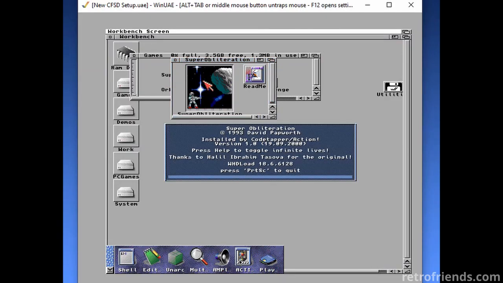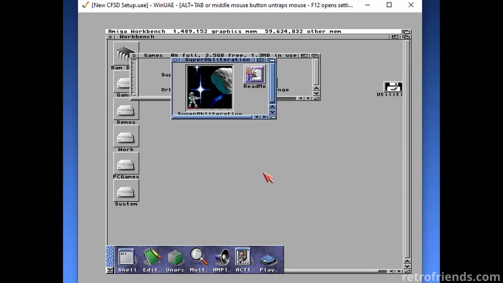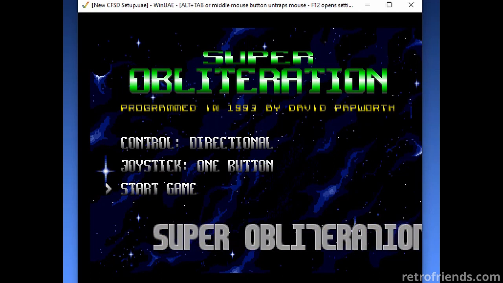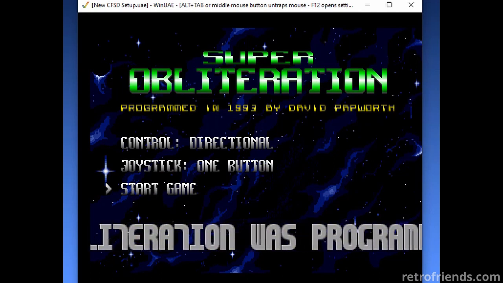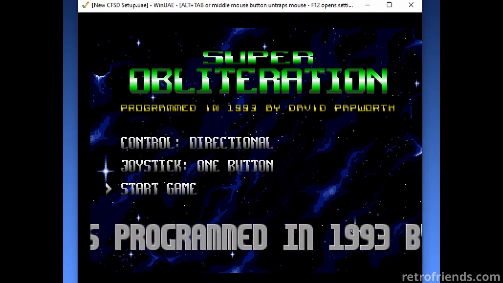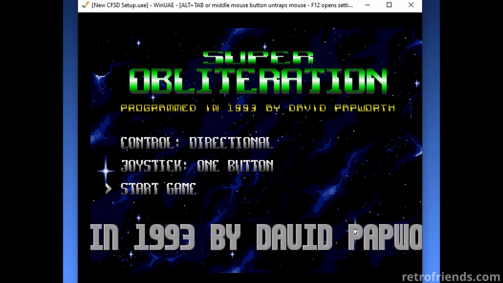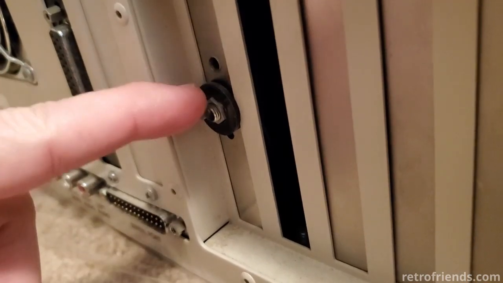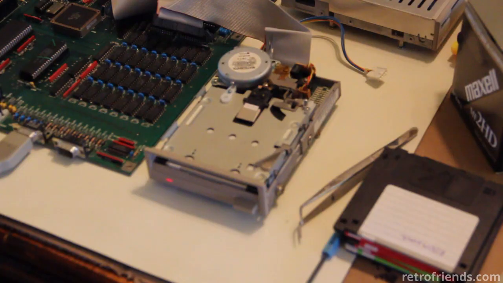WHDLoad is special software that allows any Amiga program to potentially run on any Amiga platform. Usually we are talking about old Amiga floppy games and demos running on newer and faster machines with hard drives. To get these to run, historically, we've had to depend on kickstart switchers, disabling RAM and accelerators, and loading off